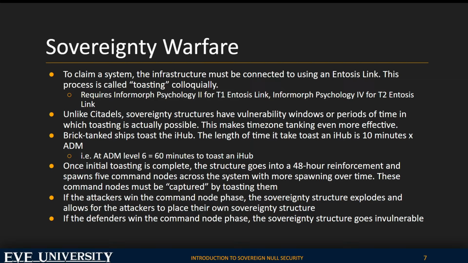So unlike citadels, sovereignty structures have vulnerability windows, or periods of time in which toasting is possible. So your iHub is going to have a vulnerability window, and when you enter Sovnull, you can see it. It's not like a super secret or anything. It'll say next vulnerability window, and then it'll give you a time. And this is very different from the way that citadels work, right? Where citadels, you can hit it at any time you want, but then when it enters reinforcement, it comes out of reinforcement at a specific time, and that's when you have to hit it,